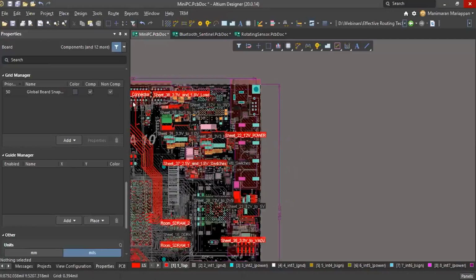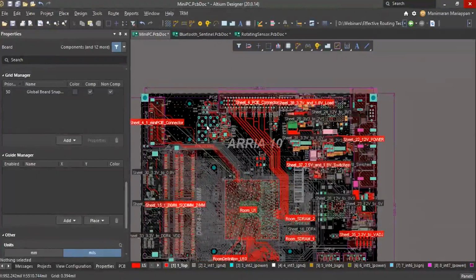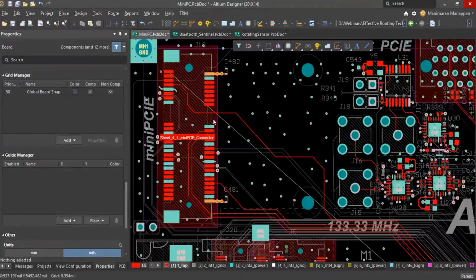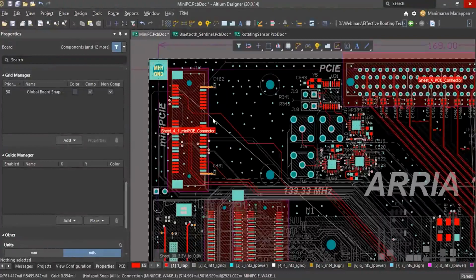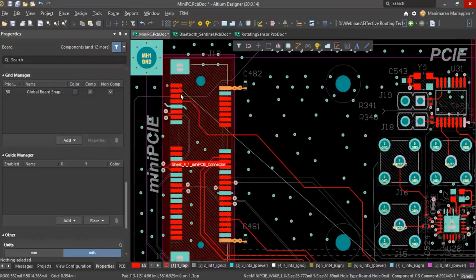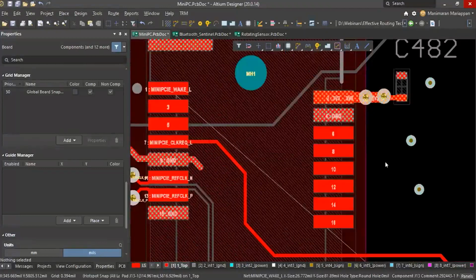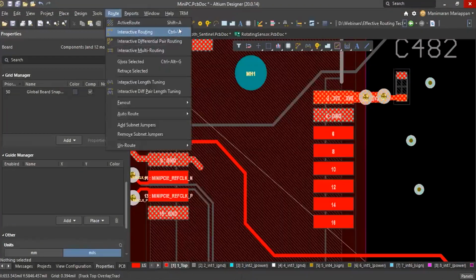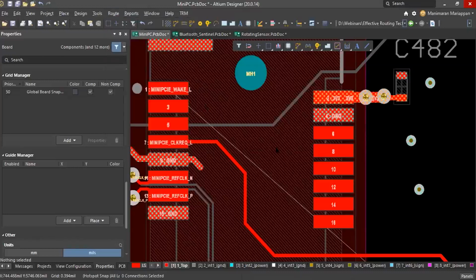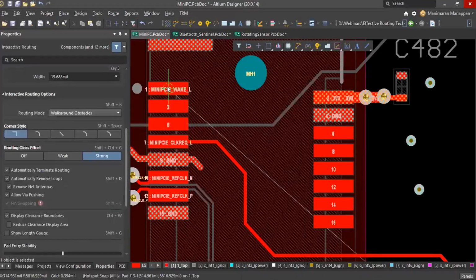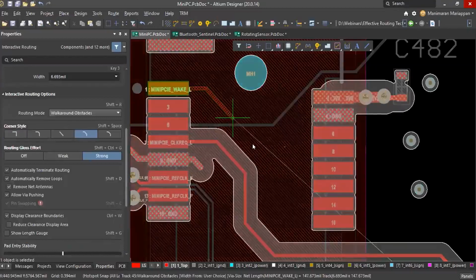Okay. So here, this is Altium Designer 20. I just want to show you some of the features which we discussed in the presentation. Suppose you route the signal, you can use the Control W shortcut, or you can go to the route window, interactive routing. You can see the shortcuts here. So I press Control W, and you can see this shows the center of the pad, and you can complete the routing.